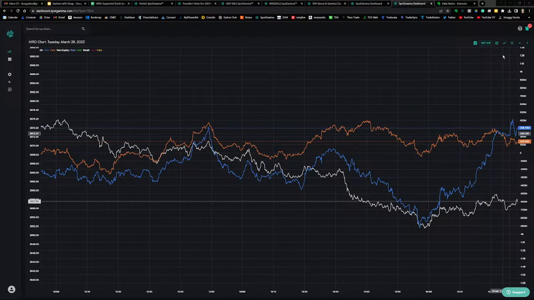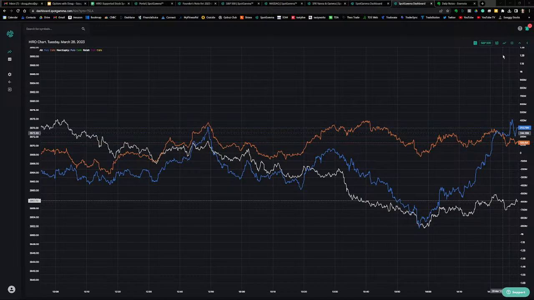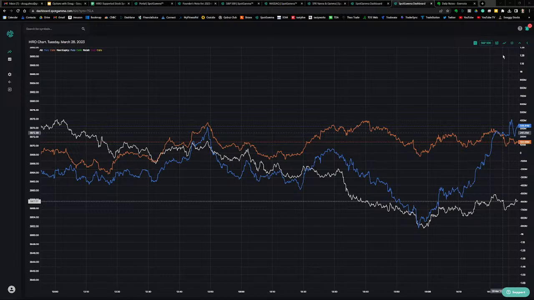And Chilo asked, does selling puts mean that sellers are expecting a choppy grind up versus buying calls? Potentially. I think they're selling volatility. There are some traders that like to buy options and some traders that like to sell options. I generally prefer to sell options, sell volatility. And let's just take a look at VIX.